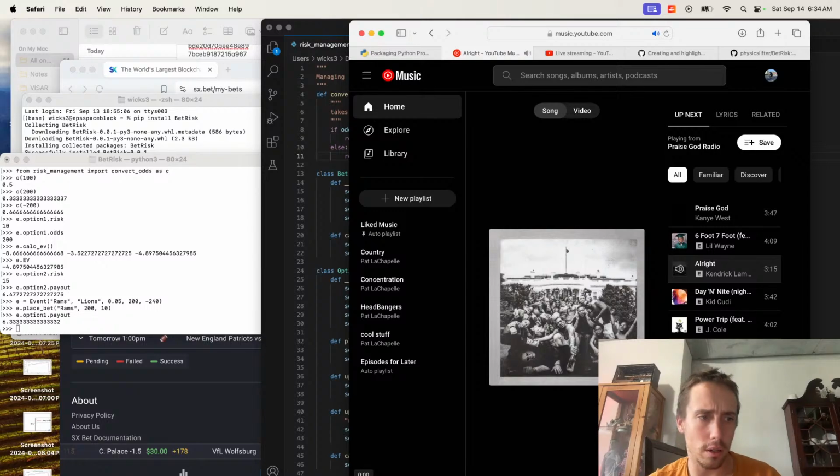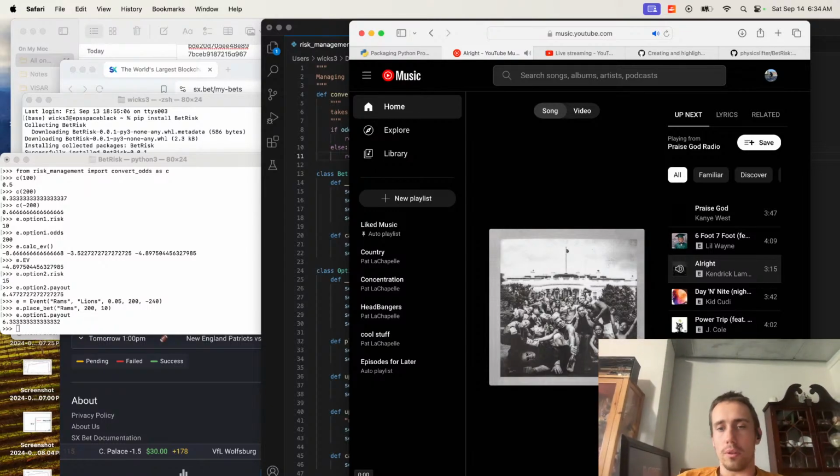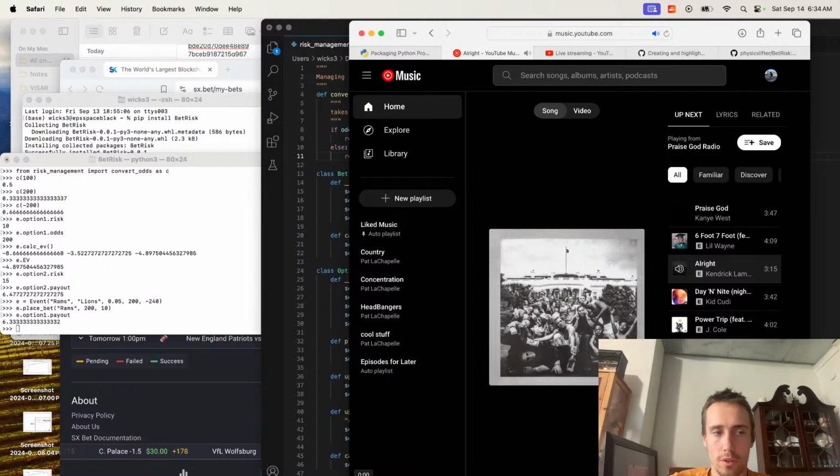All right, so if we do 100 divided by 0.3 minus 100. So if probability is less than or equal to 0.5, then we know what to do. Otherwise, if it's greater than 0.5,